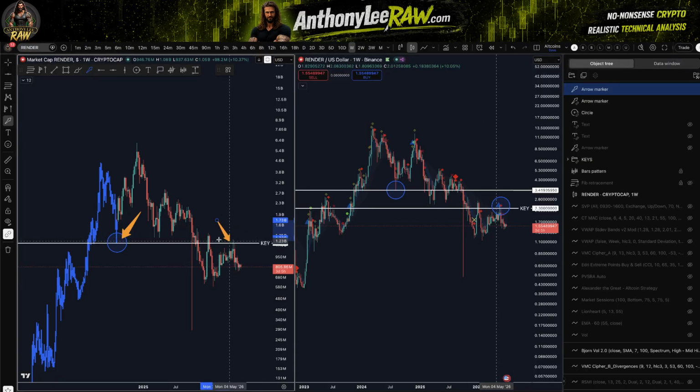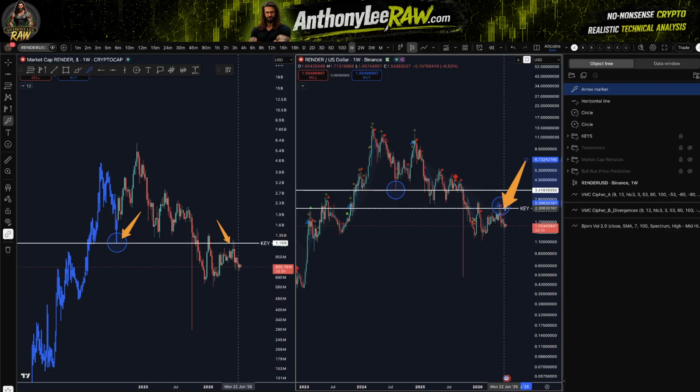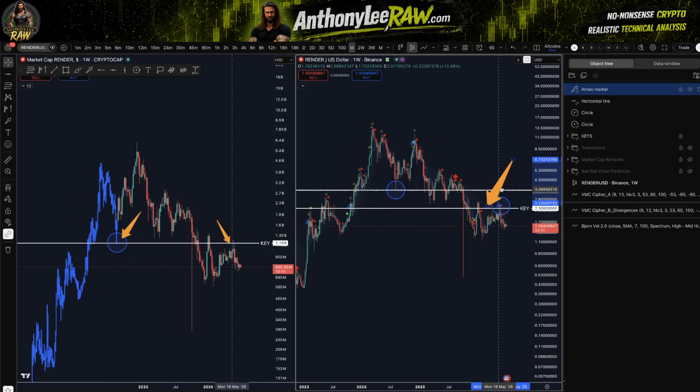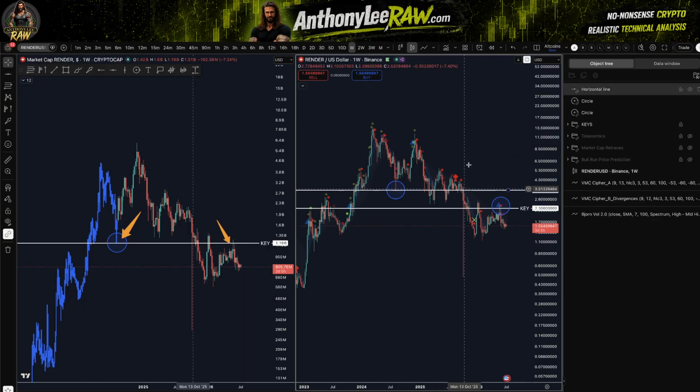The only thing that changed was you added coins to the market, so the price with which it coincides is different. This is now the new price level based upon the new circulating supply, but it is the same level as was up here. You just had less coins, so price was able to be higher before you hit that same amount. But now when you hit that market cap level, your price is way down here, okay? I hope that makes sense. I know I got a little confusing there. I usually have price on the left and market cap on the right when I do these videos, so it was kind of throwing me off for a second.